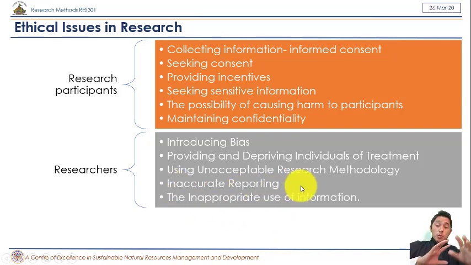Inaccurate reporting. Sometimes you collect the data very well through very good research methods, but at last, whatever data you get is reported through inaccurate data analysis. For example, for two variables, to look at the association, we have to do correlation, but instead of correlation, you look at regression, and now you are reporting results wrongly, because instead of looking at the association, you are looking at the prediction of one variable from another variable. Instead of using a parametric test, you are using a non-parametric test, and you're reporting the results inappropriately. So again, take care of reporting the results accurately.